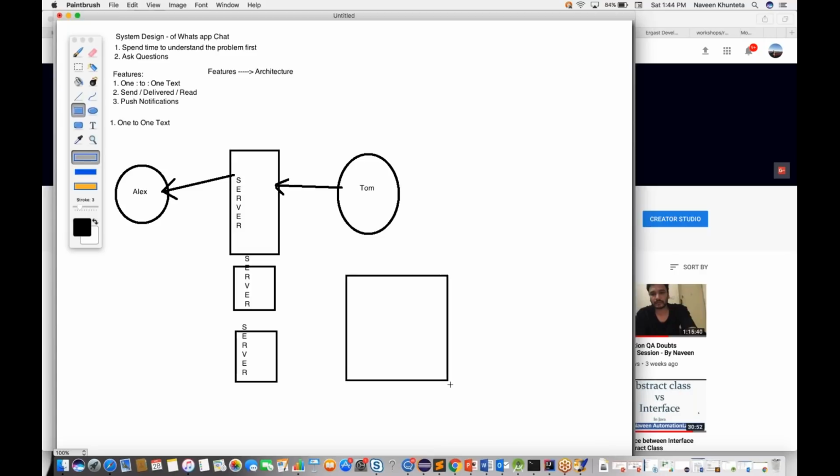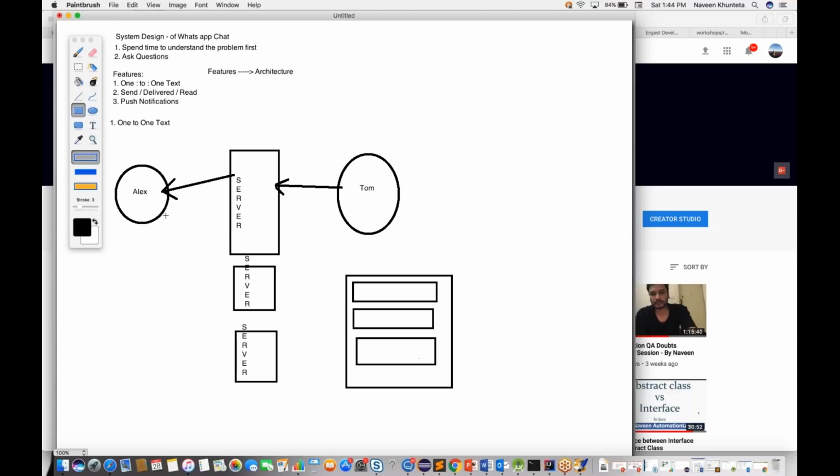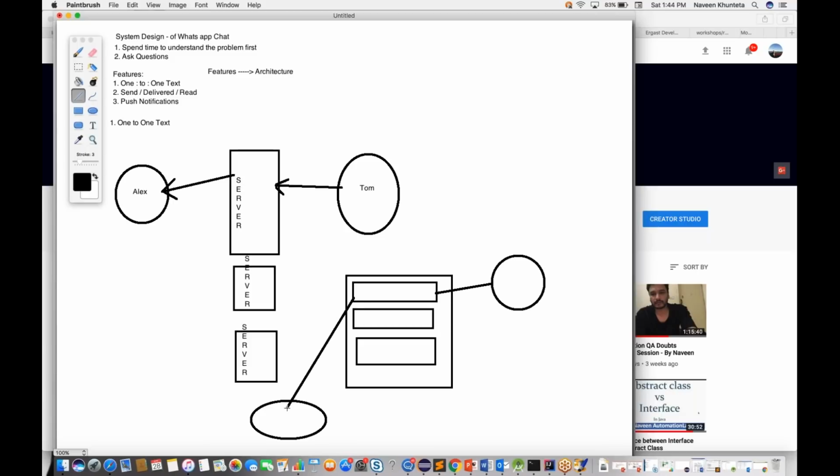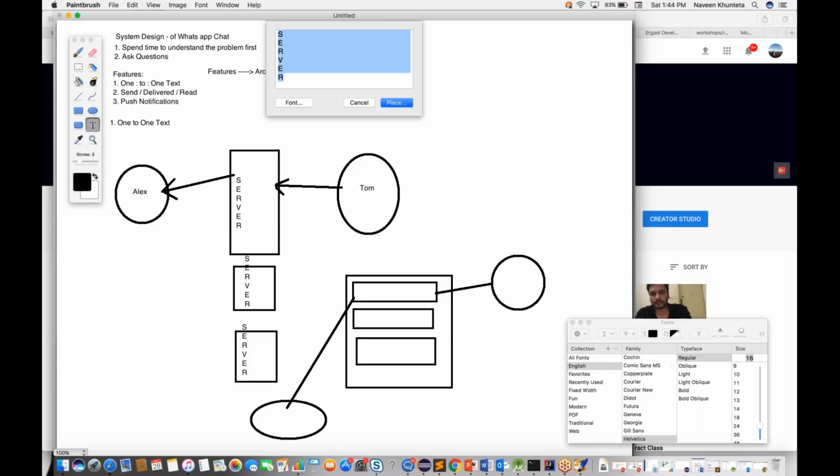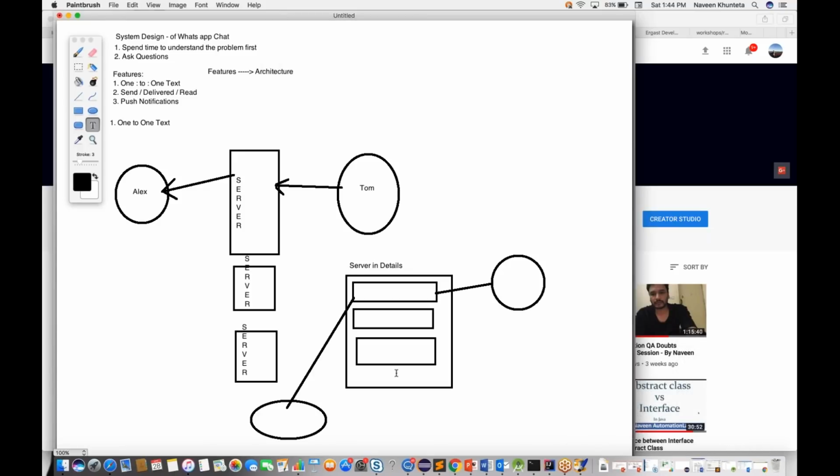This is a server, and there are a number of servers available in this box: server number 1, server number 2, server number 3, or n number of servers. There are two parties, Tom and Alex. Tom is sending a message to a specific server, and from this server to Alex. So if we look at the server in detail, what is happening here is that the moment Tom sends a message to this server,